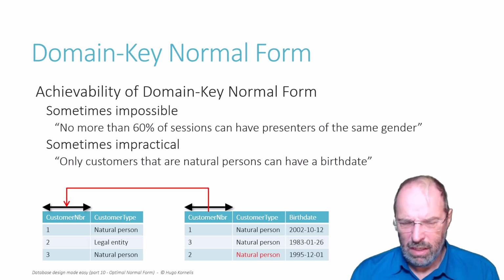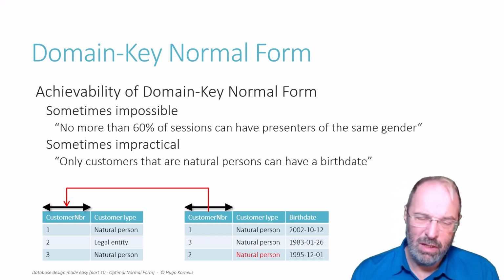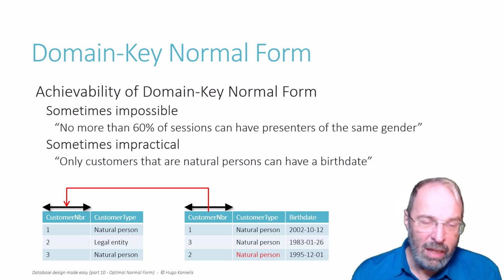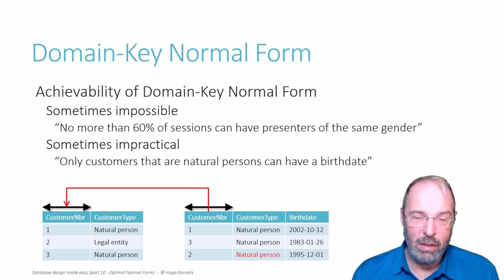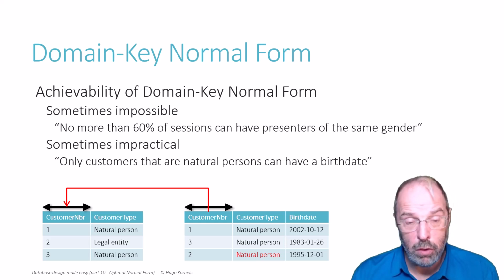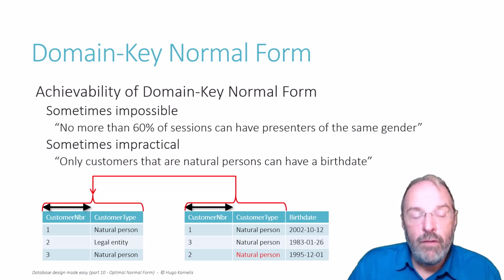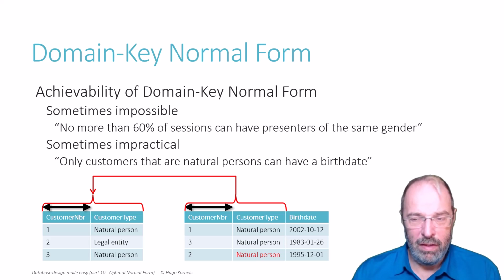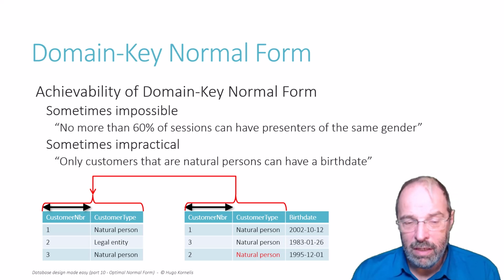Again, the database will allow this, unless I have found a way to make this second redundant customer type column immutable. But if I don't, then this will be allowed by the database, and I have to resort to a similar trick that we also saw when we talked about Boyce-Codd normal form, the unofficial and not technically part of the SQL model foreign key on an extra column.